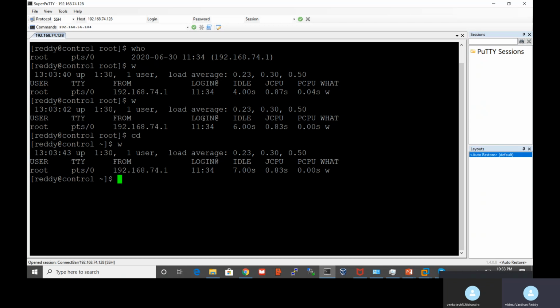Now I'm logged in as a different user, and I want to exit from this user, so I type exit. So again I came back to the root user.